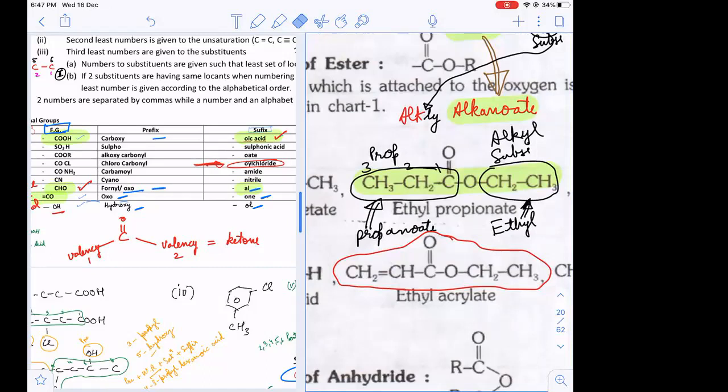Can anybody identify the functional group? Carboxylic. Are you sure this is carboxylic? No, it does not. I don't see COOH anywhere. See, this is the compound which we are talking about. I have outlined it with the red color. I have marked the arrow towards it. Come on, can't you identify which functional group it is?